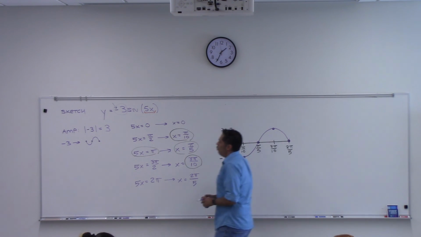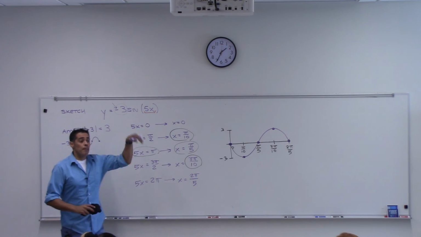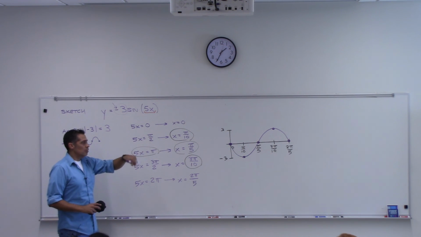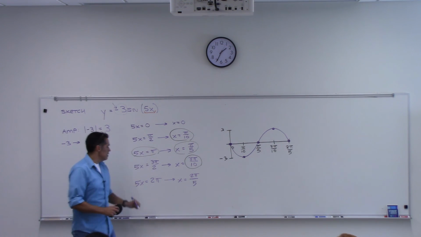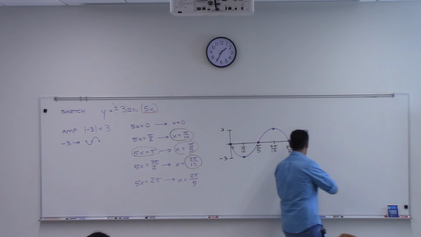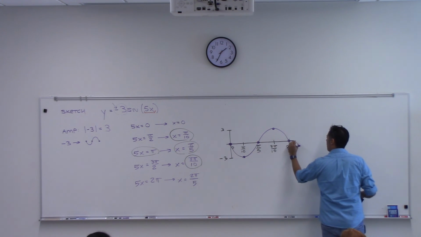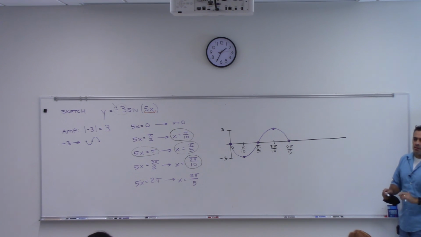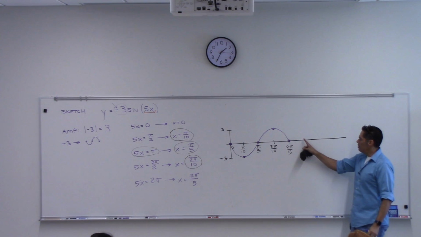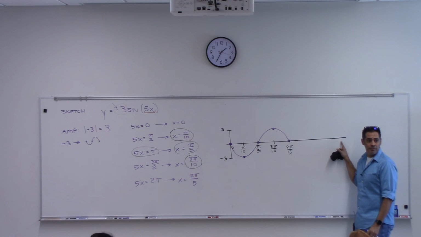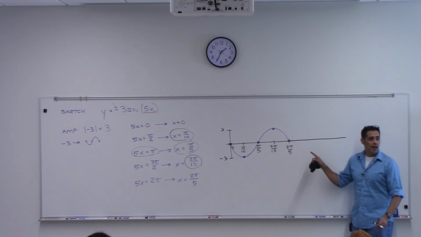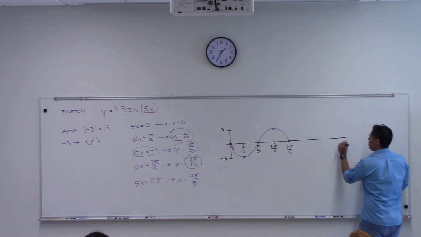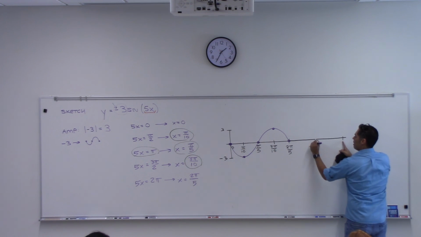All right, what if I wanted you to draw me one more period of this? What if I wanted one more period? You would have to extend your x-axis out, wouldn't you? Now here comes a slightly tricky part. How are you going to figure out what these marks are? Okay, so how though? I know that I have another period. It's going to go like here. I'm going to have a halfway point,